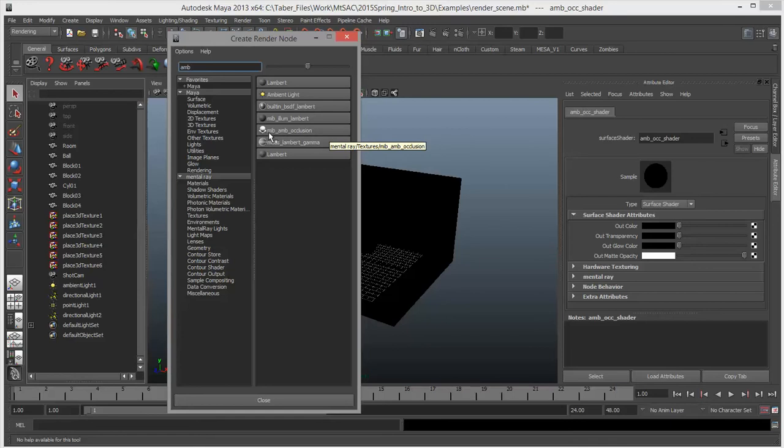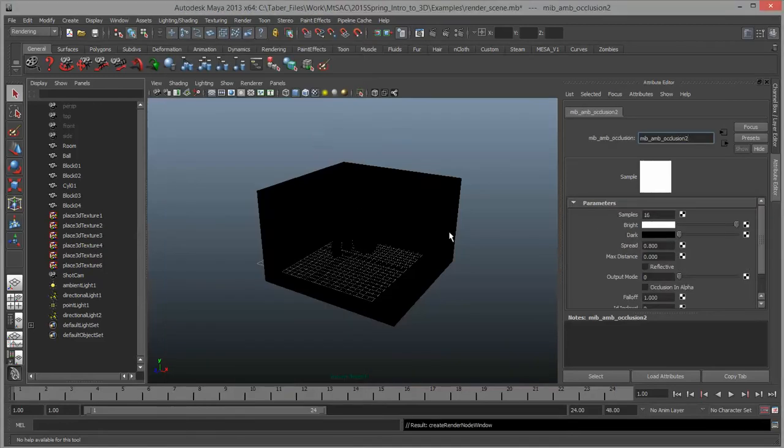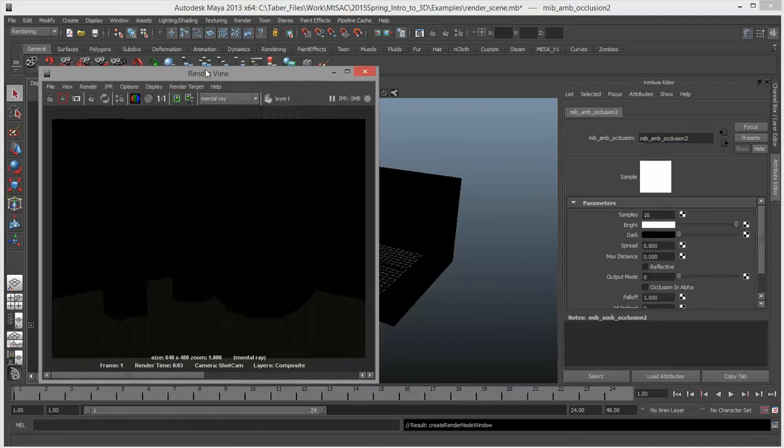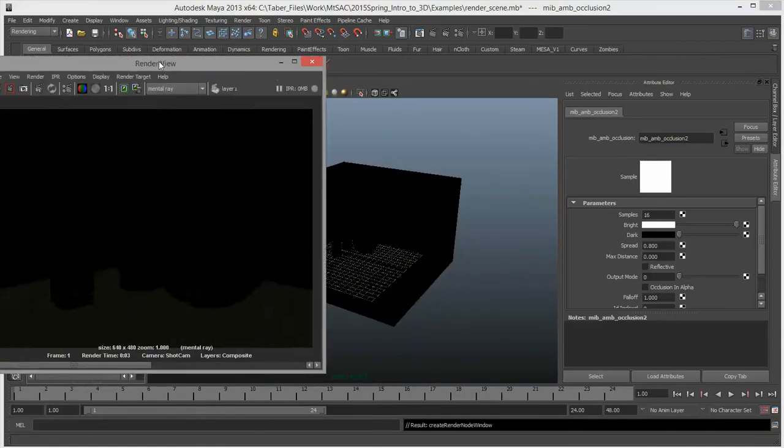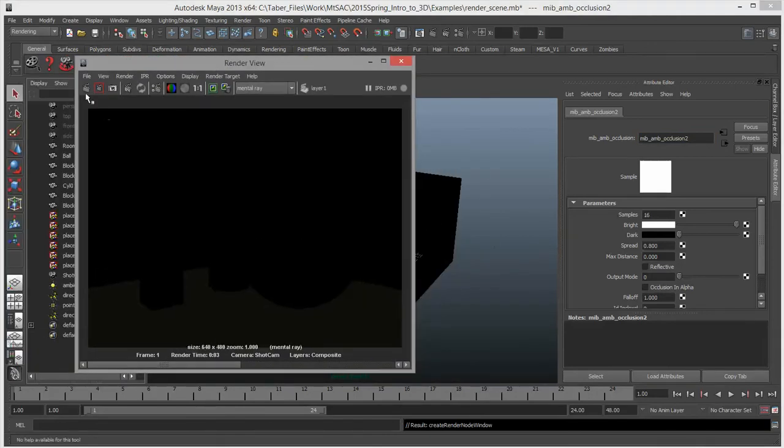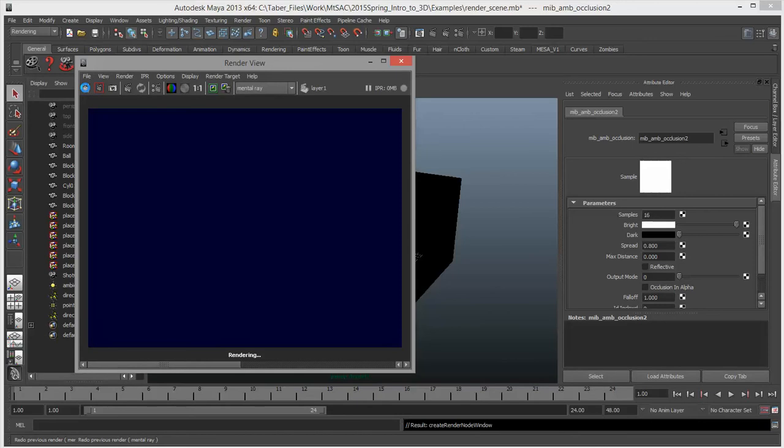Okay, so that's, actually I don't know what MIB stands for. I believe it's a mental ray shader, but ambient occlusion. Okay, so here we go. Now it's hooked up. I'm going to bring back my render view. It's still rendering from camera, by the way, so I don't have to worry about the fact that that's not in the proper scene view. I'm going to hit render,